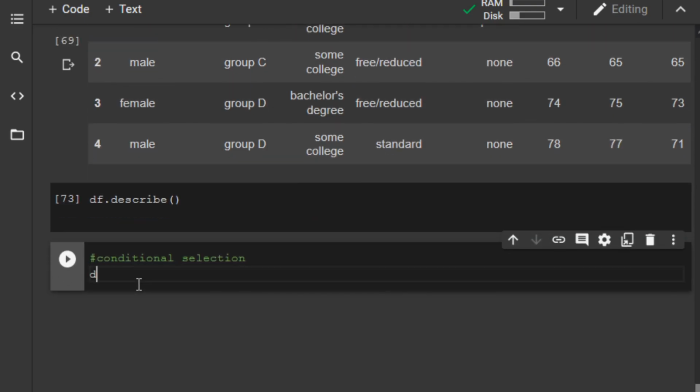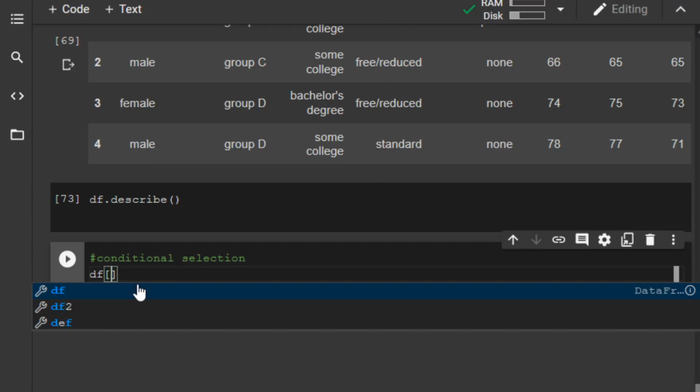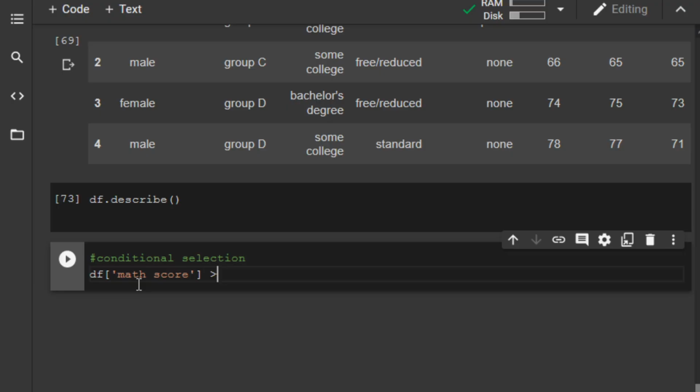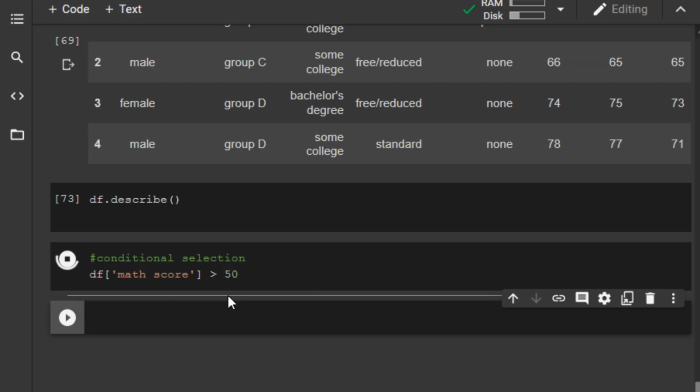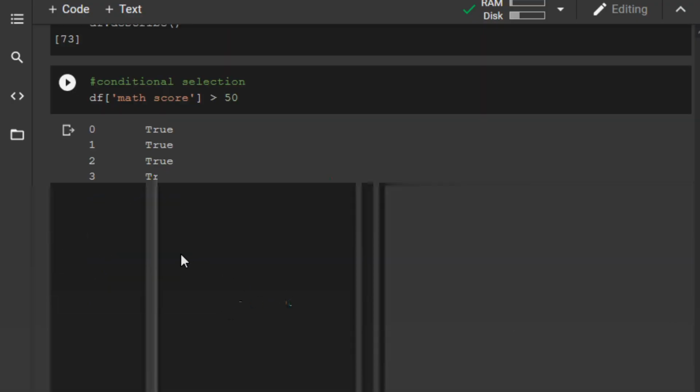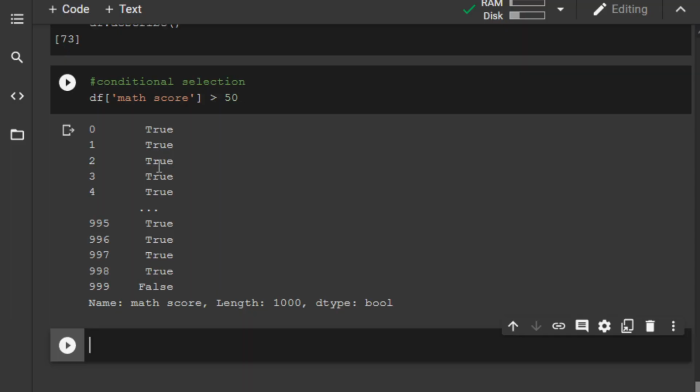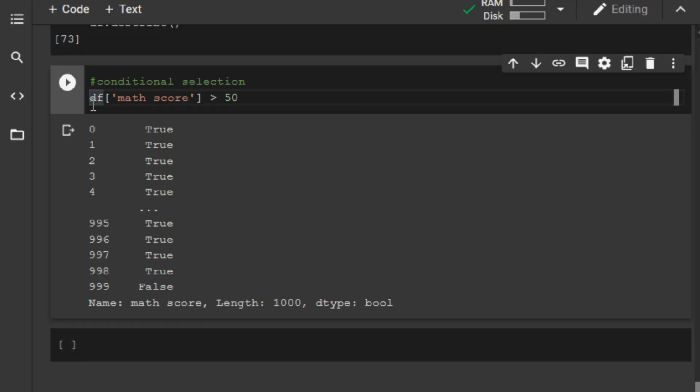If you say DF math score greater than 50, so you see we have true, and you have false here. But this will just return a Boolean series for you. So if you want to filter it in the actual sense, you need to pass it in the DF. So you simply just say DF,